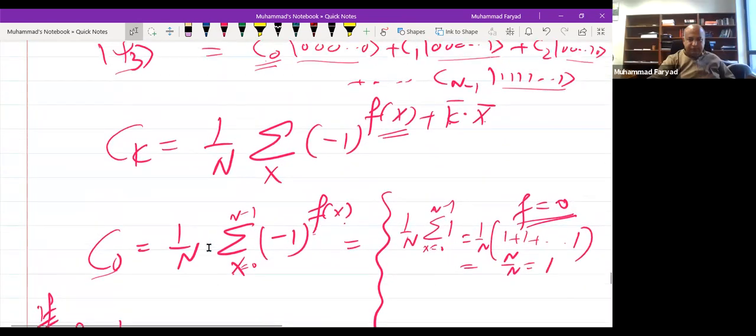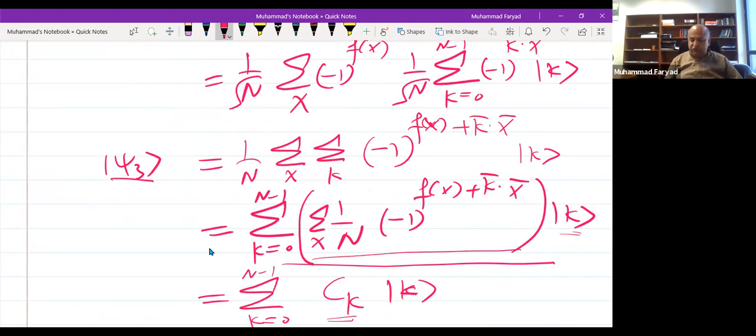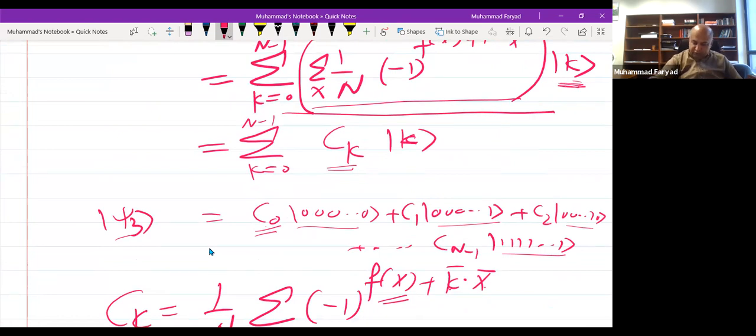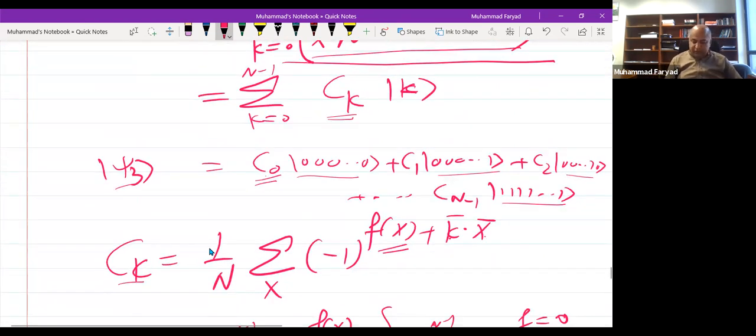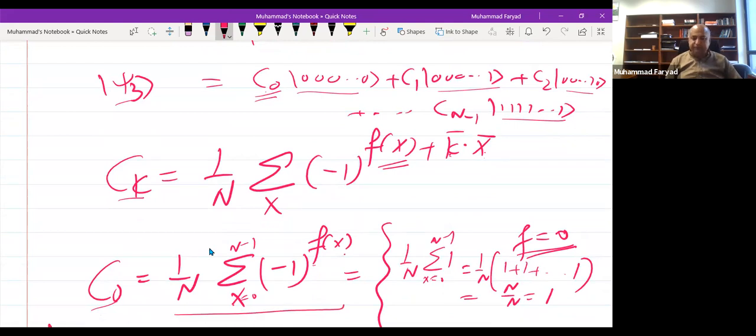So okay, let me start from here. So this is psi3, the output after the Hadamard transform. So these are essentially the coefficients of different terms in this superposition, and I just wrote these CKs over here. So this is my CK, and I was measuring the probability of finding this state K in the 0 state. So K0 means this 0 into x, so this term goes away. So essentially C0 is only this part, -1 raised to power f of x. And it's simple. If